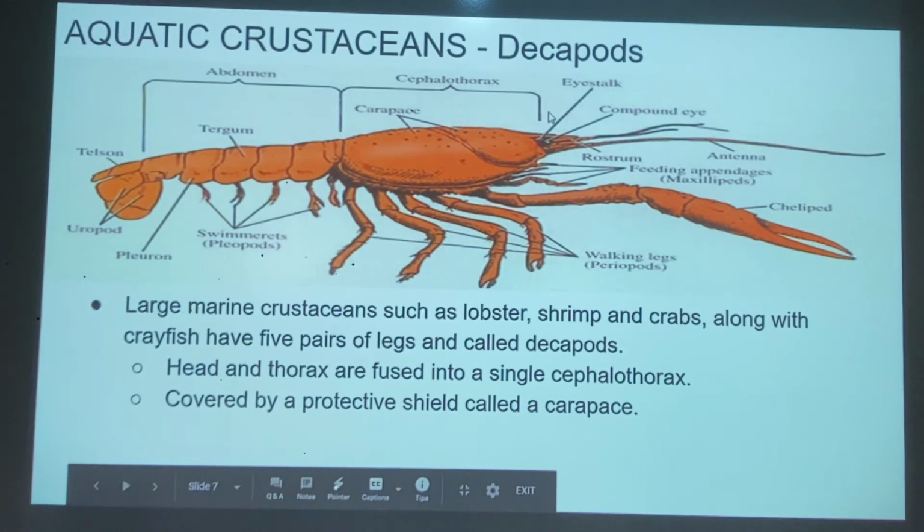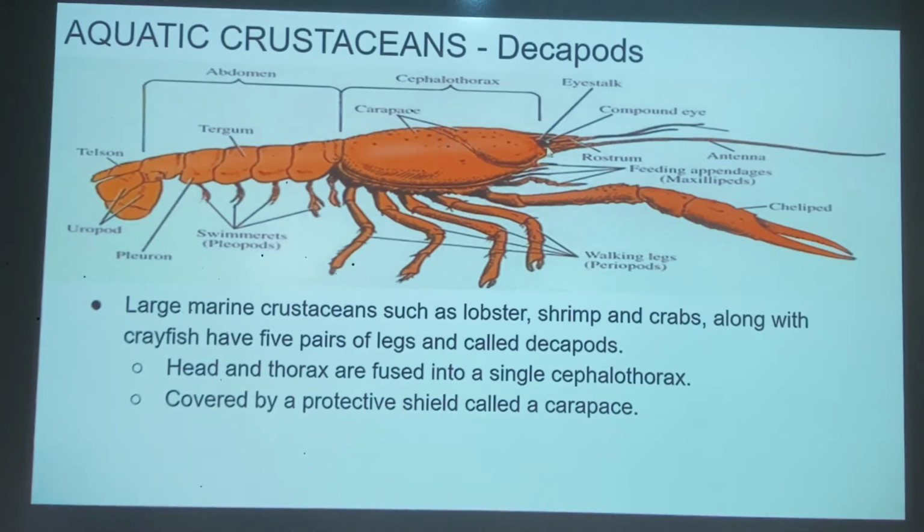So you're going to have the head, it's kind of under this part of the shell, and then the thorax is going to be this bigger part of the abdomen, and we combine them together under one piece, so we call them the cephalothorax. The whole cephalothorax is covered by what's called a carapace. So it appears that it is in 2 pieces, but in fact it is one, and it is just a